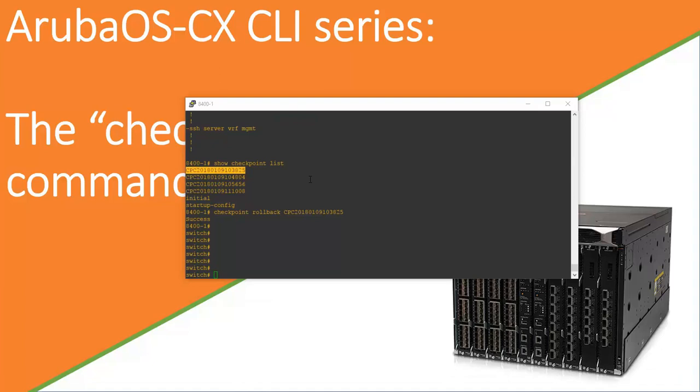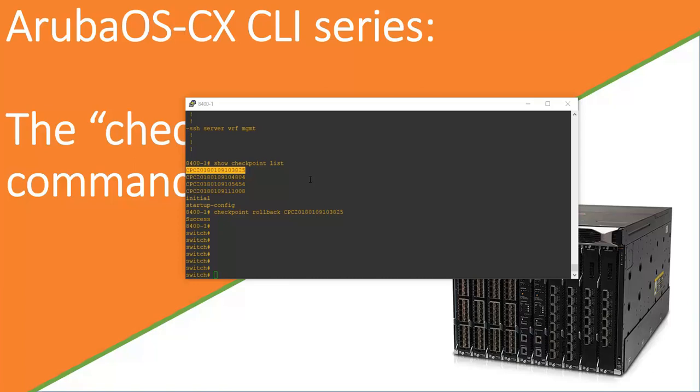The checkpoint functionality also allows you to automatically roll back to a previous checkpoint. This function is called checkpoint auto mode and lets you configure the switch with failover support. Checkpoint auto mode helps to prevent configuration changes that might cause undesired results, such as connectivity loss or a system failure. After entering checkpoint auto mode, you will have a set amount